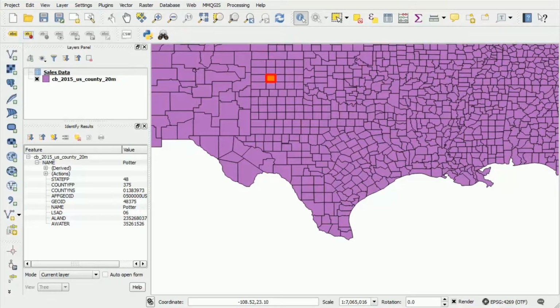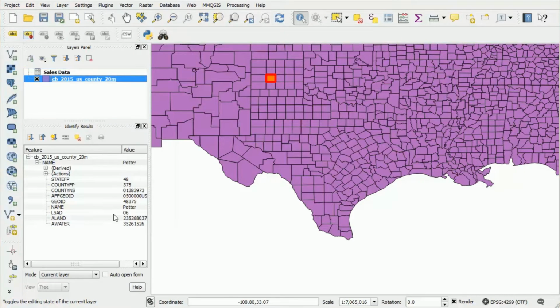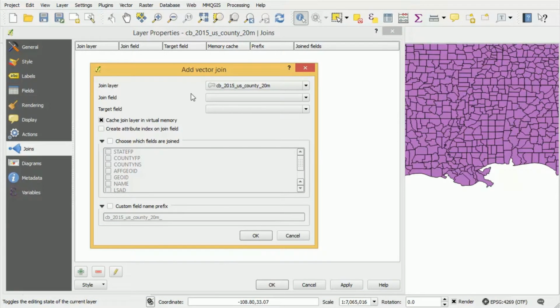Now that we have both datasets open and available in QGIS, let's take a look at how we do the actual join. We do that by right-clicking on the county data. So we always right-click on the map data, not the spreadsheet. And then we click on Properties. And then in the left-hand toolbar, we go to Joins. We press the Add button at the bottom, and now it will give us our options. So we're going to join layer, the county layer,